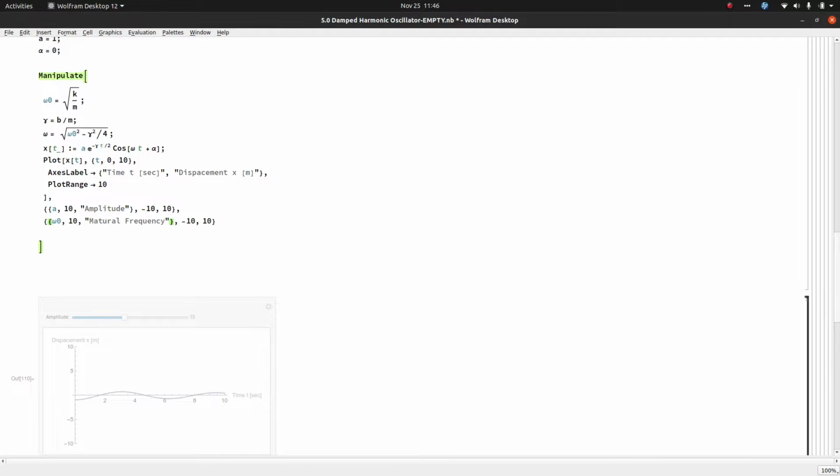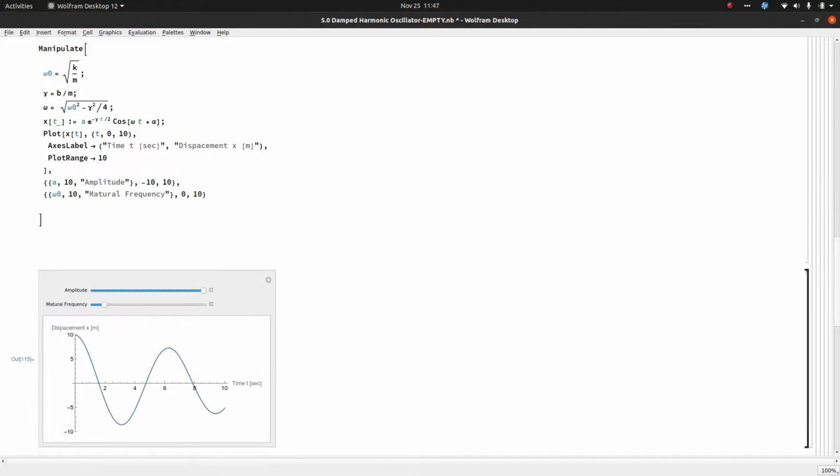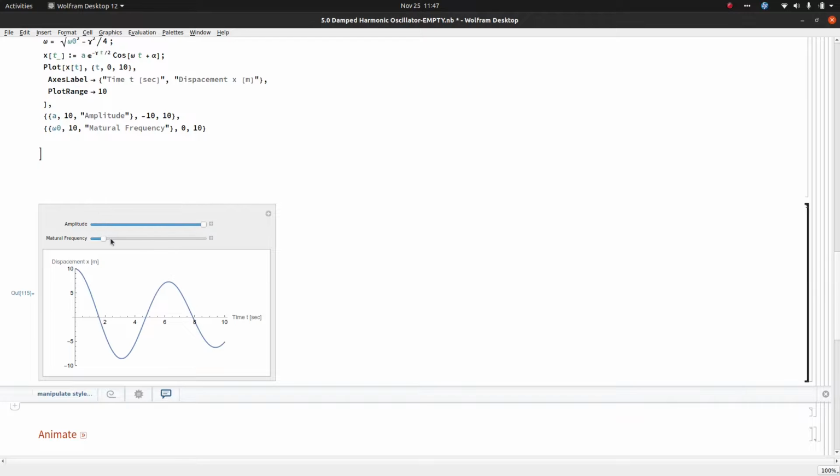Let's see, that's going to get units of radians per, well, I'll leave the units off for here since I'm just putting it in a manipulate. We'll let that go from 0 to 10. And if I run that, now you can see,